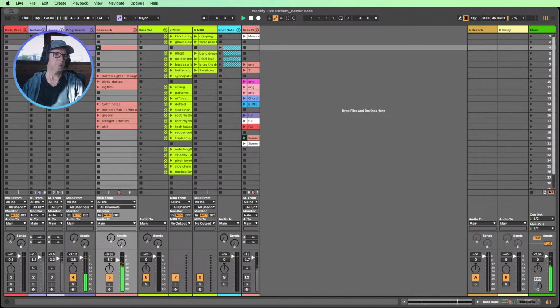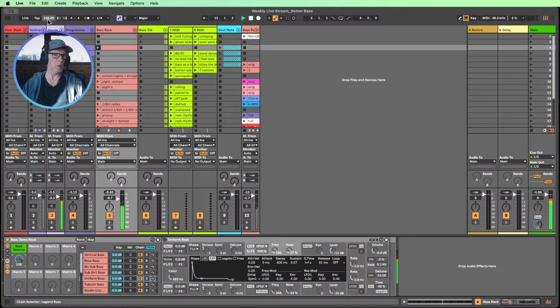Let's change drums. So this one's a bit of a slower pattern, so it might suit something like a bit more like deep house perhaps. Different feel to it, right? Mixing it up with quarters, dotted eighths and eighths.